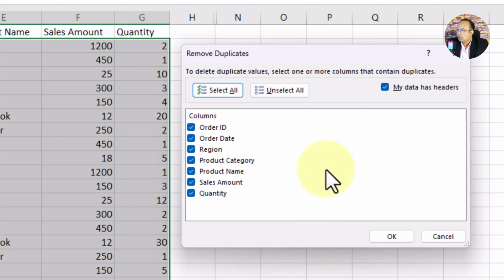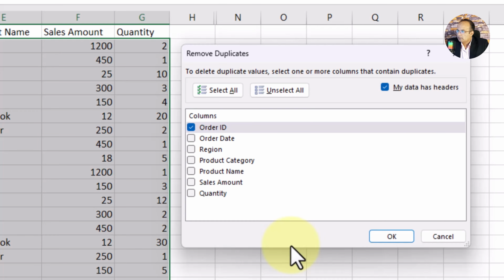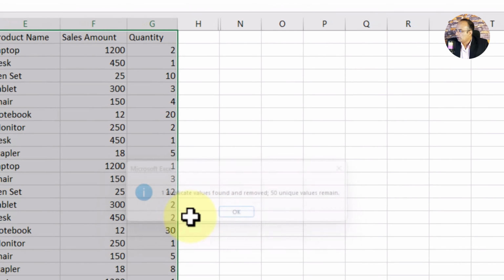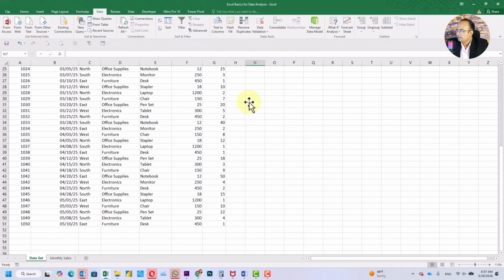For now, I will only remove duplication based on my order ID because my order ID cannot be duplicate. Click OK, and now you see it is showing us 1 duplicate value found and removed. 50 unique values remain. Click OK. Now our first phase of data cleaning is complete.